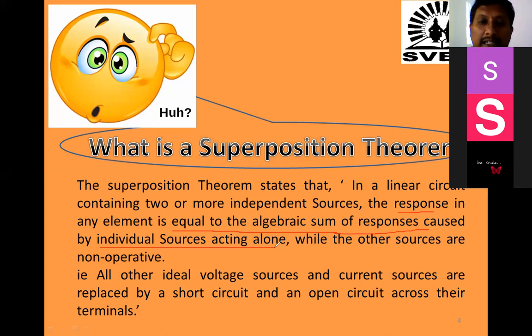So while doing that, when you are considering only one source at a time, the remaining voltage source you can make short and remaining current source you have to make it open. Are you getting my point? So this superposition theorem we have already discussed, but we can understand the concept very clearly when we solve one first example. At least when we solve the first example, we can understand what is the superposition theorem and how to apply it.